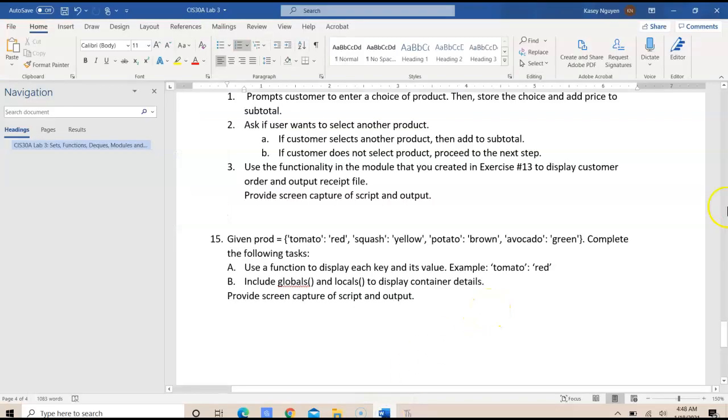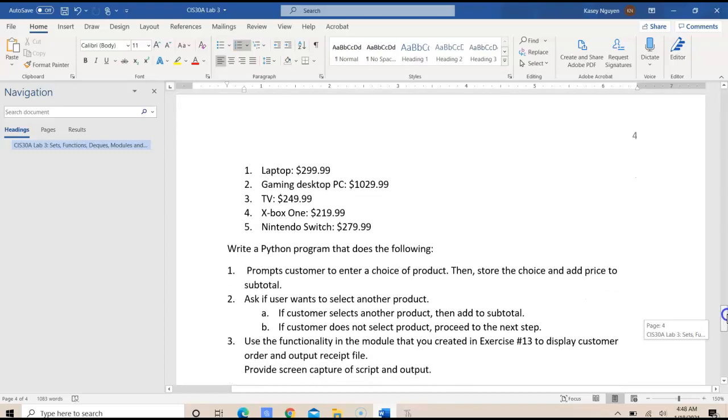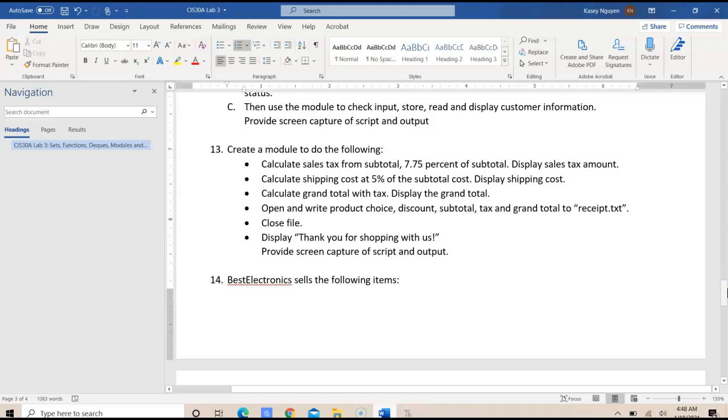In this video, I'm going to talk about Lab 3 exercise 13 and 14 in CIS30A. In exercise 13, you're asked to create a module that calculates tax from the subtotal, which is 7.75%, and displays